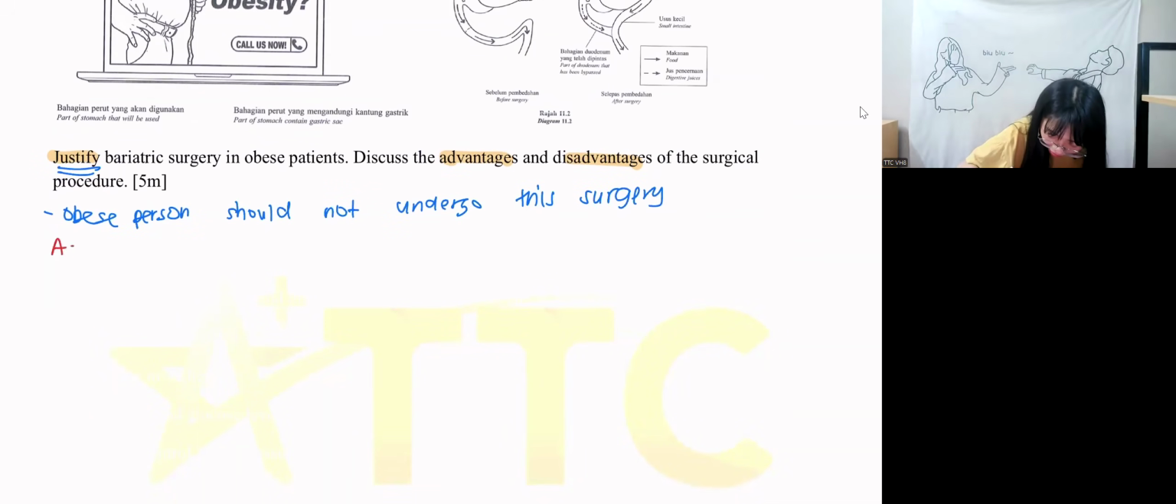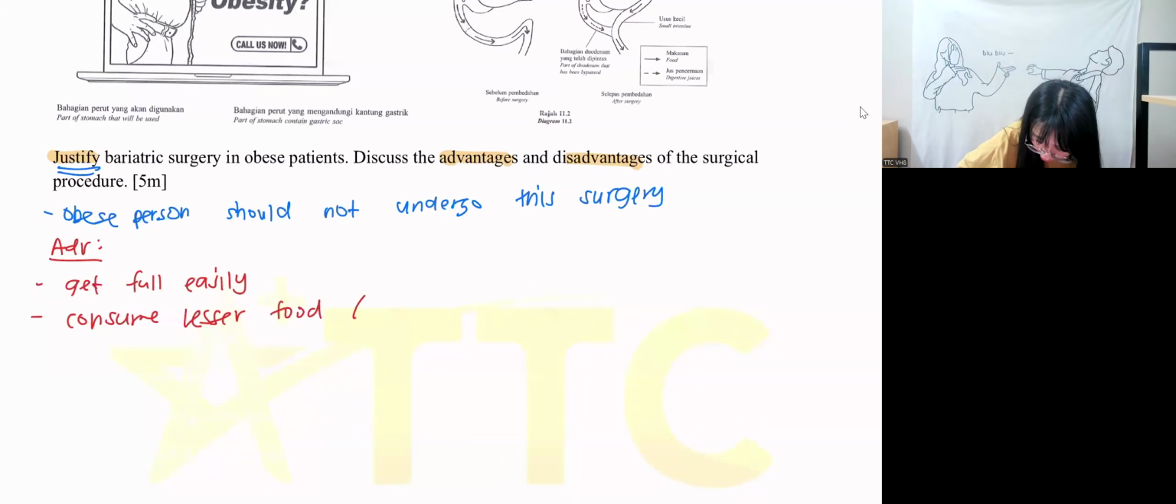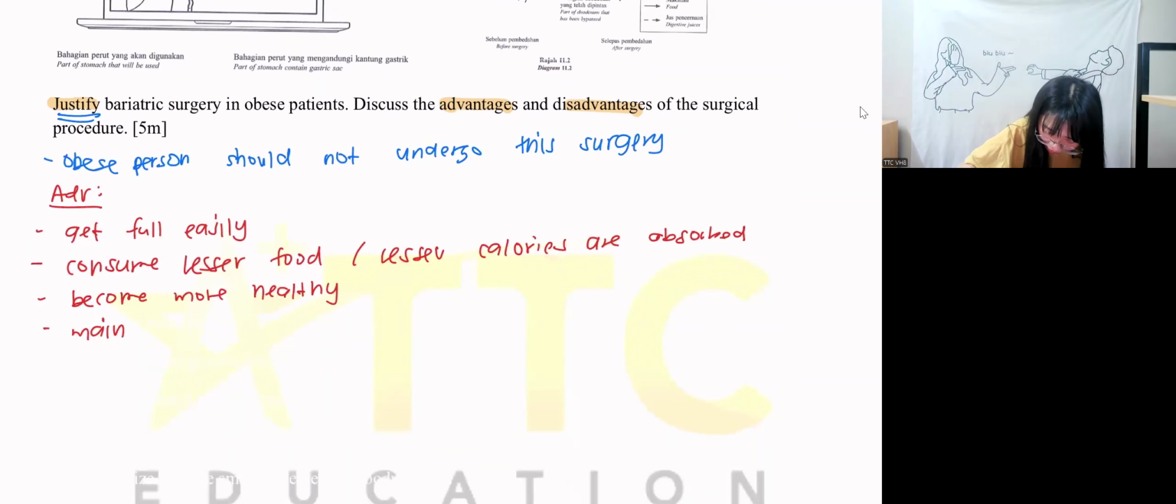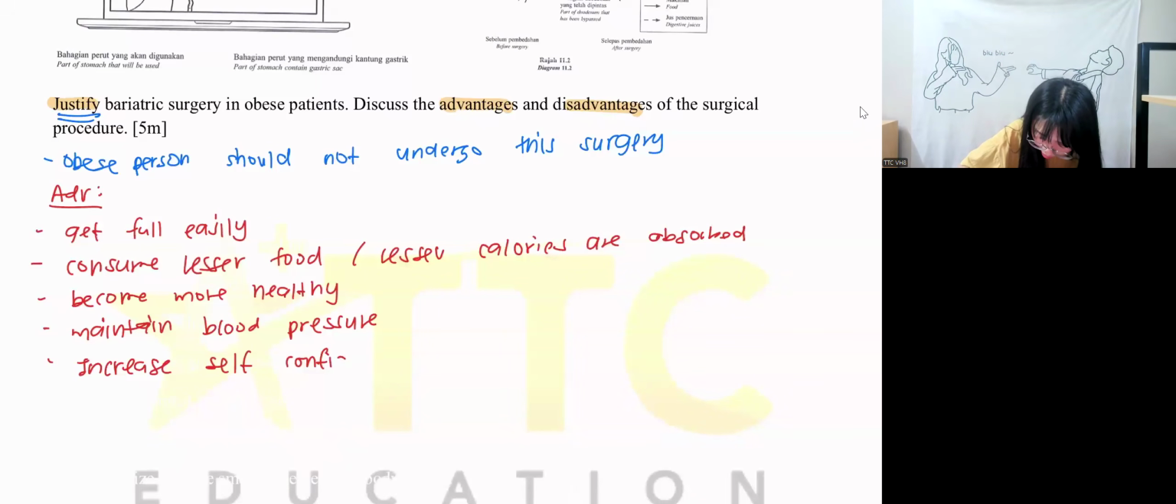So to talk about advantages. Number one, they get full easily. They consume lesser food, or you can say lesser calories are absorbed. Become more healthy. And then they can maintain blood pressure. You can increase self-confidence level. For these advantages,